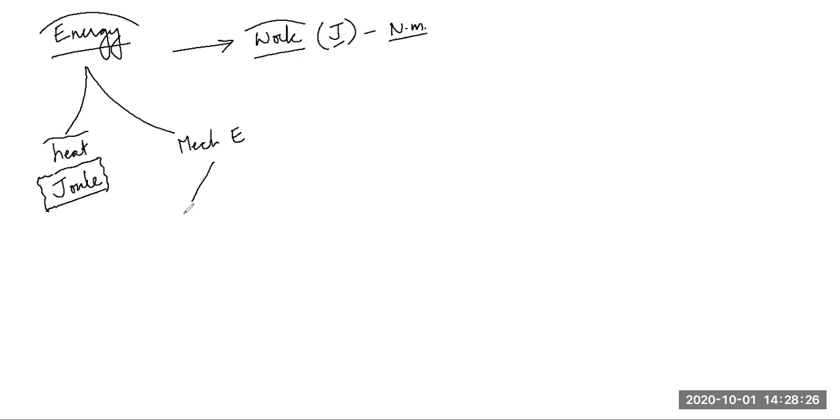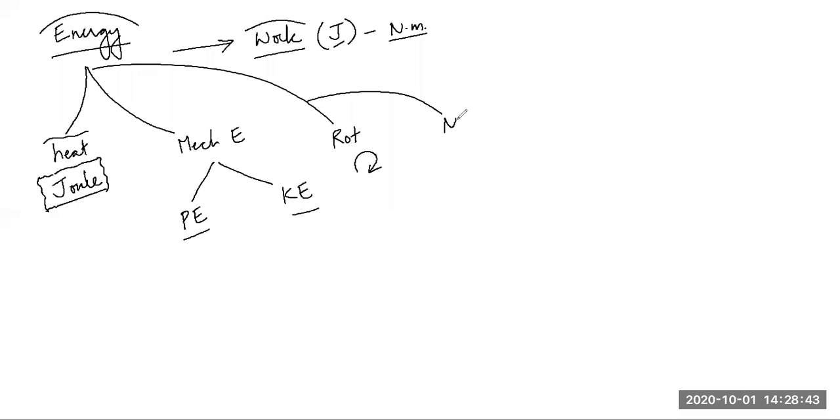In mechanical energy, students, we have potential energy and we have kinetic energy. I'll just explain in detail. Then energy can be rotational energy because of the rotation of the body. We can have nuclear energy, nuclear bomb explosion and all. We can have electrical energy